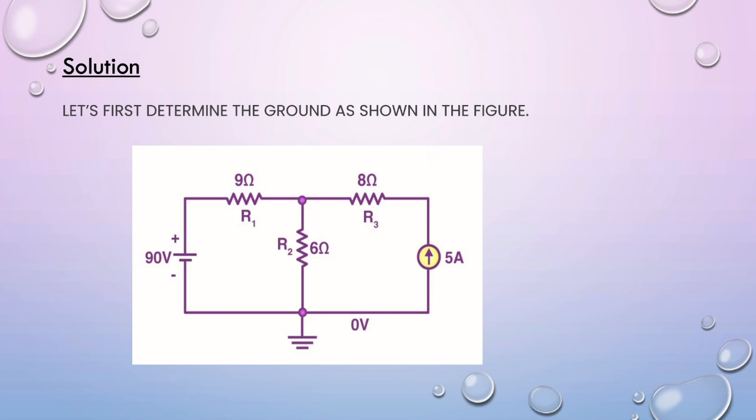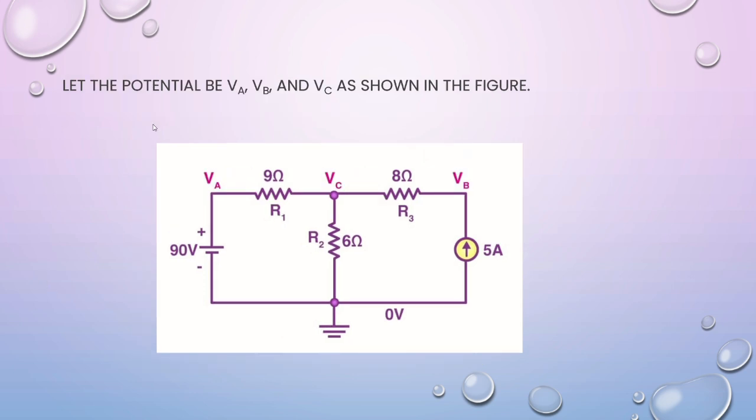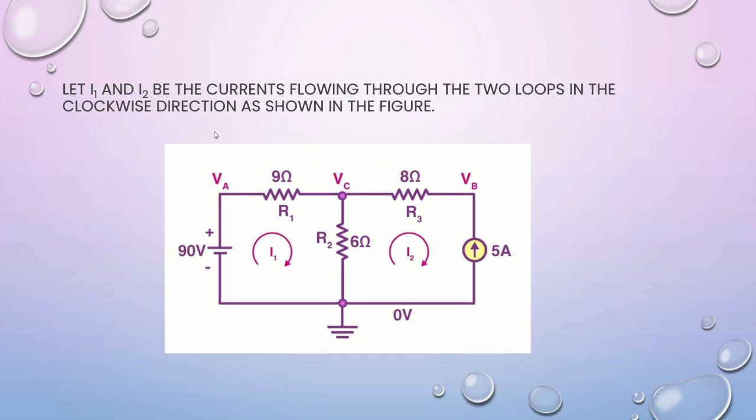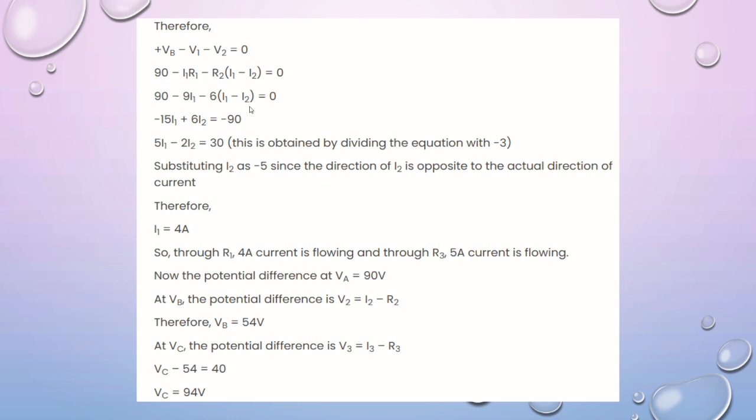So we should first determine the ground as shown in the figure, and then assume the potentials VA, VB, and VC as shown in the figure. Then after assuming that, let I1 and I2 be the currents flowing through the two loops in the clockwise direction as shown here, in this mesh and here. Now by applying the KVL law, we can equate